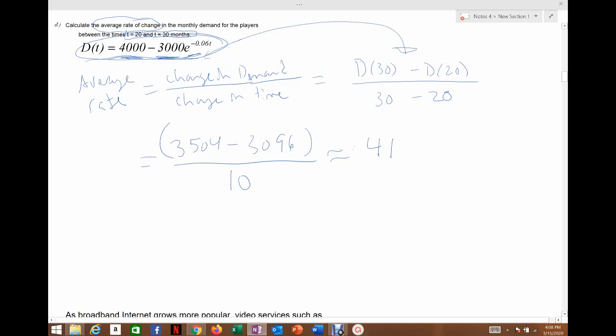And again, don't leave your answer 41. It's application. 41 has context. So 41 is the average rate of change, right? Average speed for the change in demand over the change in time. And so on average,